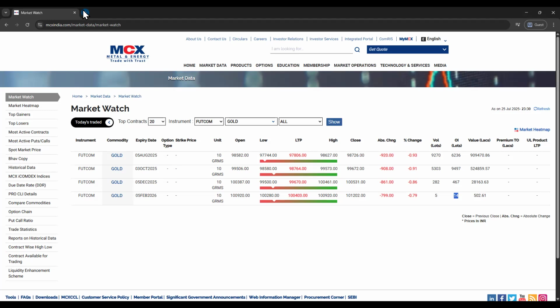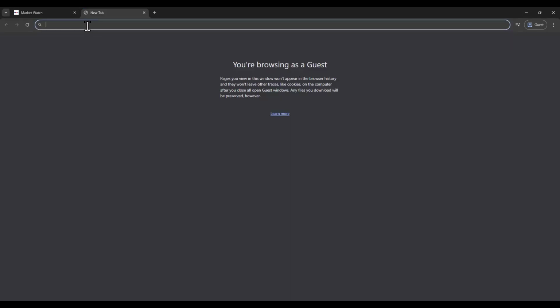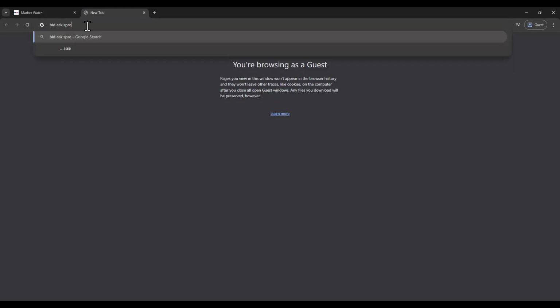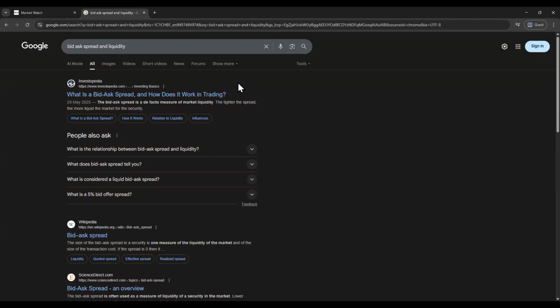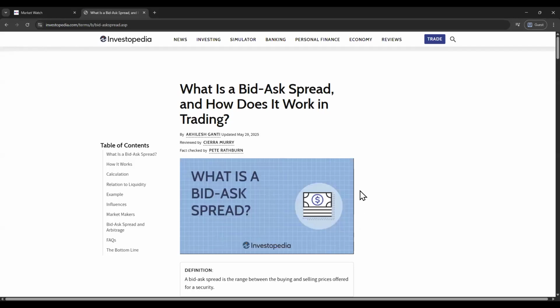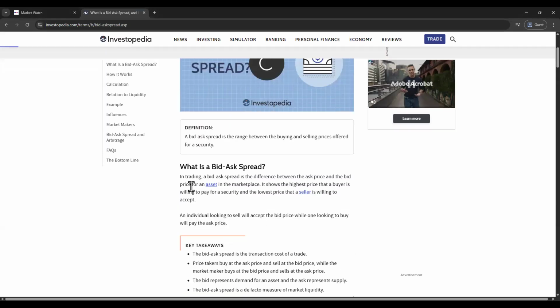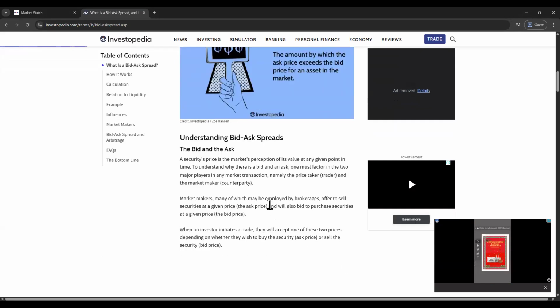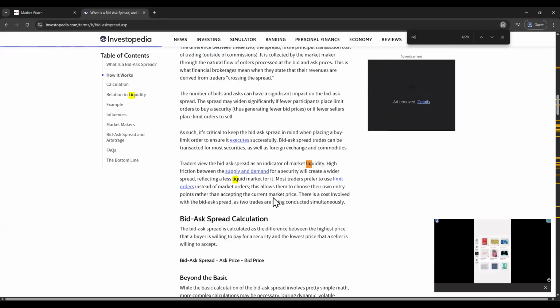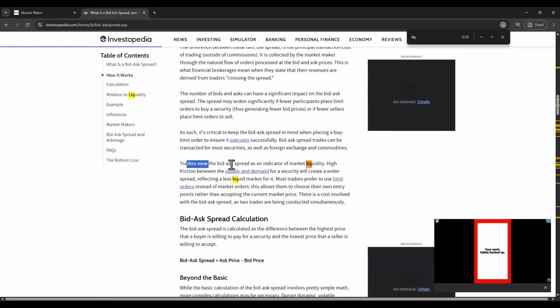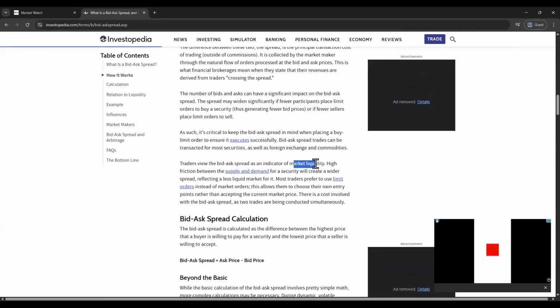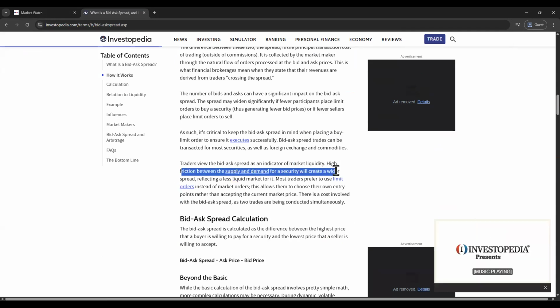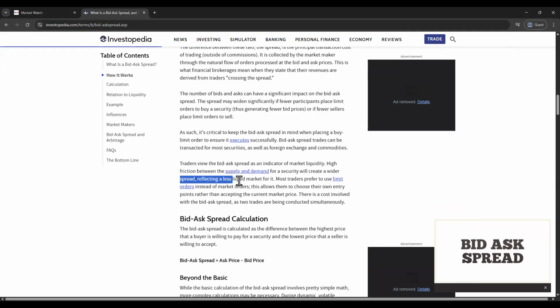Okay. So you can just search over here, bid ask spread and liquidity. You can see bid ask spread is a de facto measure of liquidity. Bid ask spread is the range between buying and selling price. In trading, a bid ask spread is the difference. Of course, we have seen all these things earlier. So it is the de facto measure of liquidity. So traders view the bid-ask spread as an indicator of market liquidity. High friction between the supply and demand for a security will create a wider spread, reflecting a less liquid market